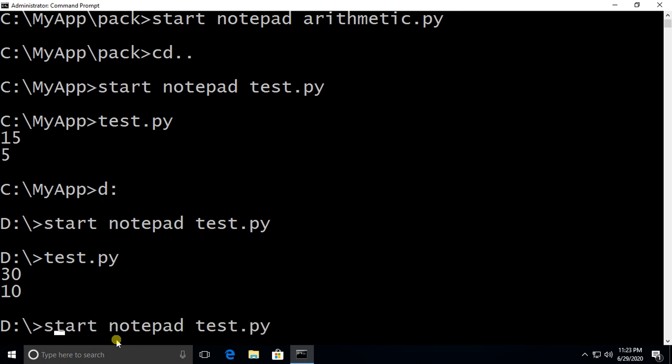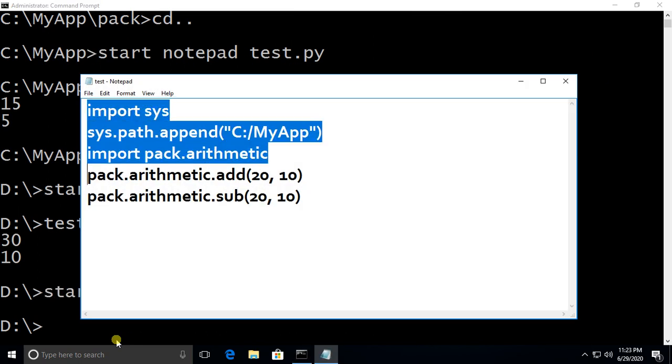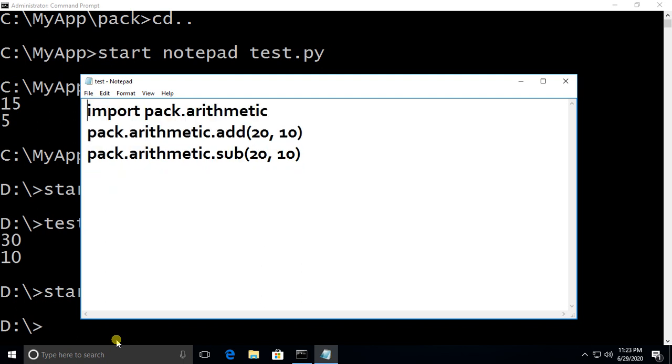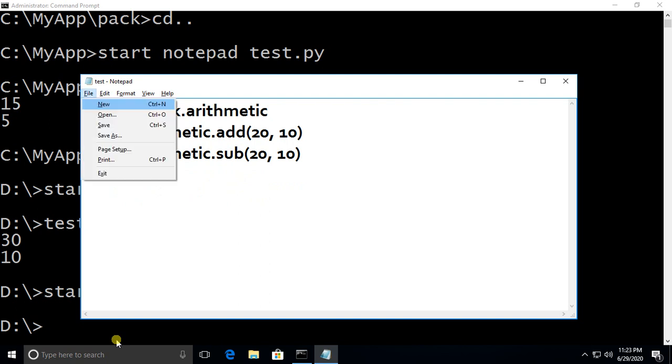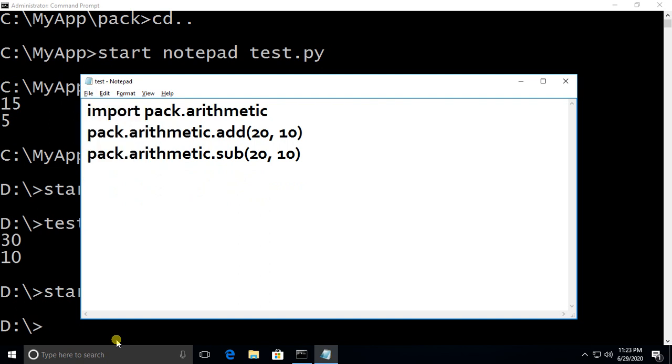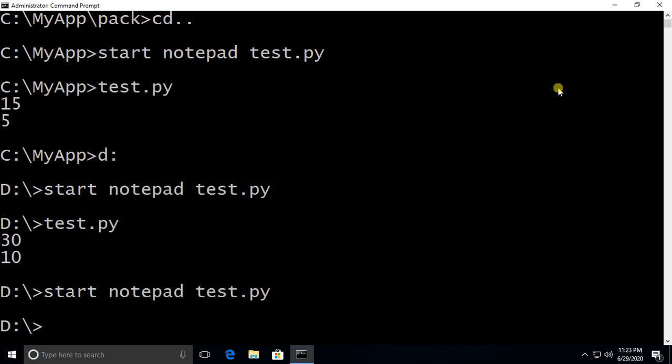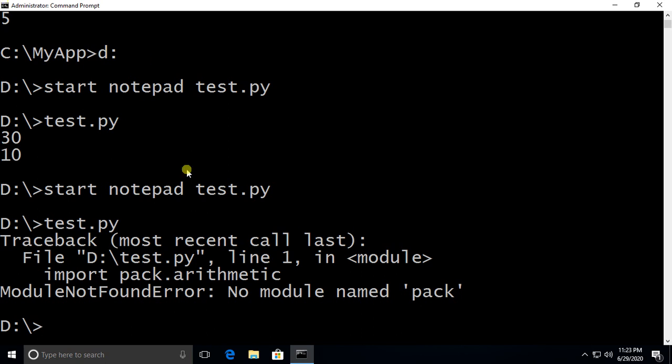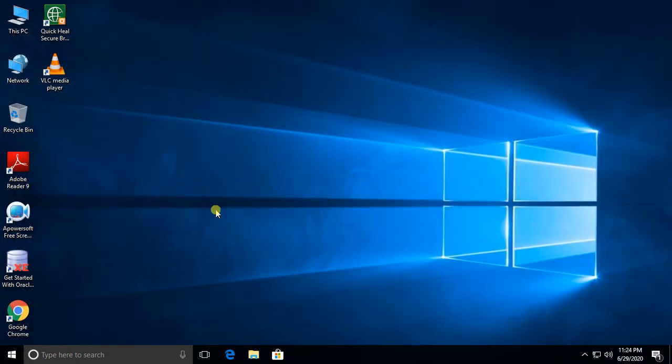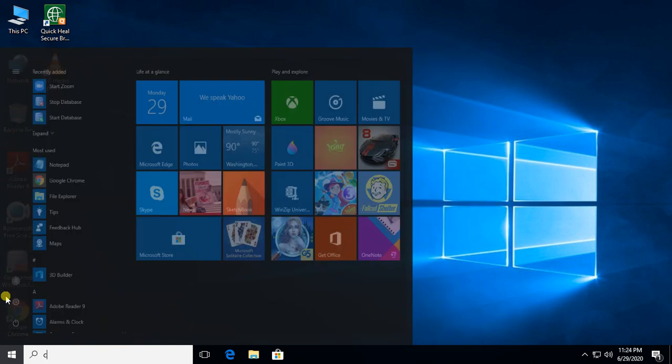I'll open the test.py. Now I'll remove this one. Now we can access. You observe, I removed that system module also. File, save. Here test.py. Reason that path is not affected to current window, so we have to close the current window. Now we have to open command prompt again.